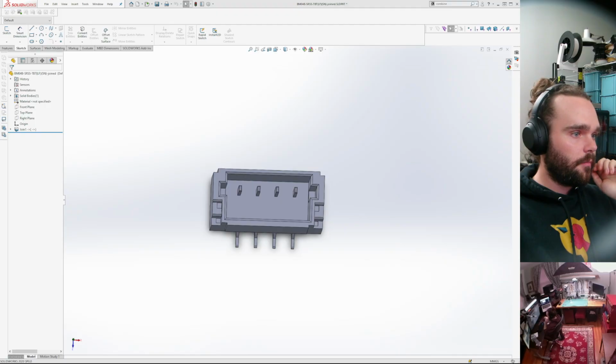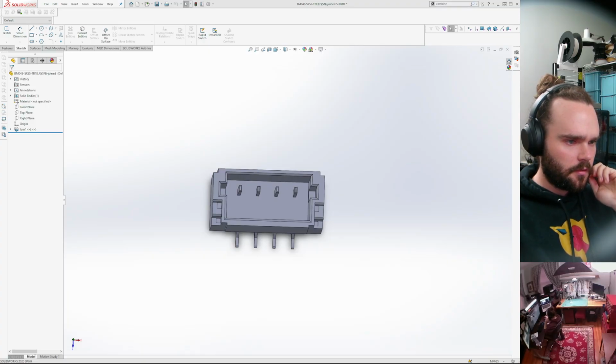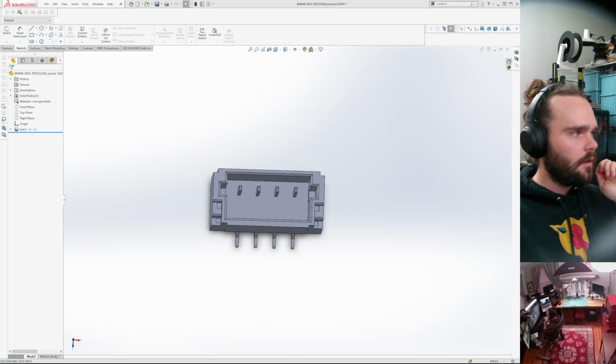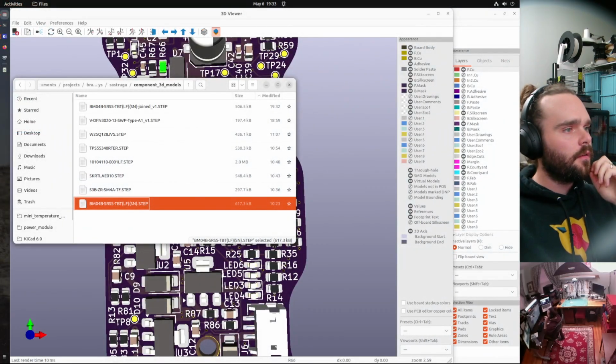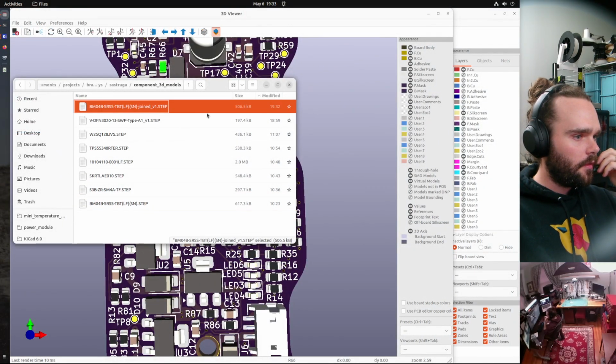So now let's try to bring this into KiCad. Oops. Okay. So now we have this guy.